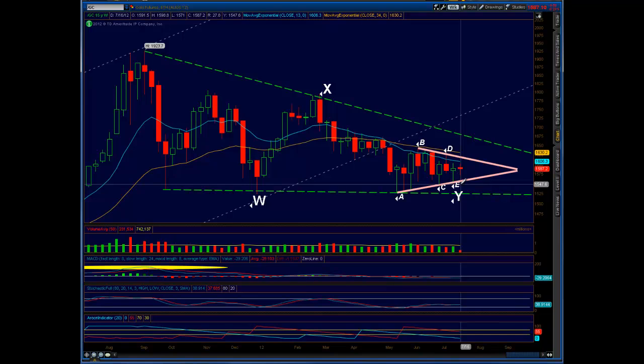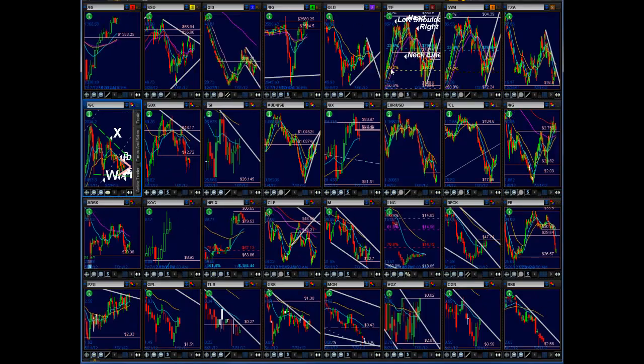Now we may have a lower low where we break once. If we break the low here from A, we will definitely be going to a lower low, but I'm still going to be looking for a higher breakout. This is another chart, another reason why I think we're going to be resolving to the higher prices.